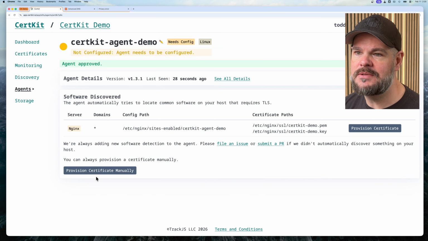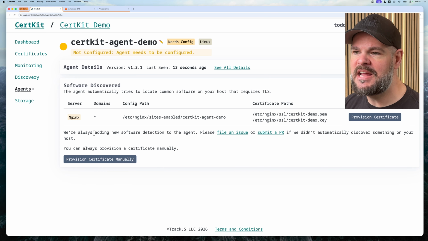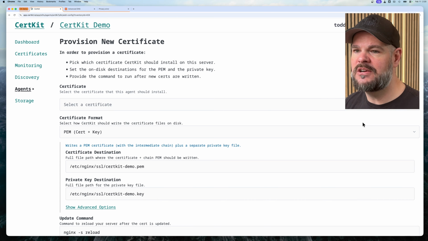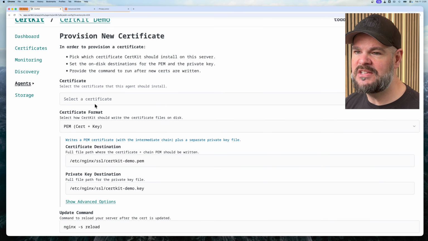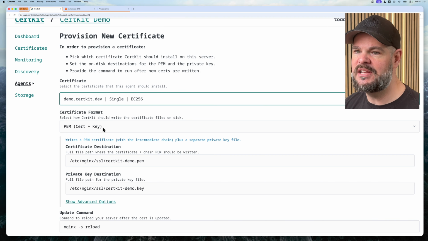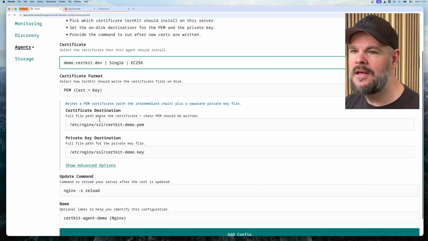One of the coolest things the agent does is discover the software that's already on the system. In this case, it discovered that we have an Nginx server listening on all domains, and it holds certificates at these paths. We can use this to automatically provision our new certificate to this system. Provisioning a certificate is just the simple form. We select the certificate that we want to deploy, in this case, the demo.certkit.dev we just created, and then